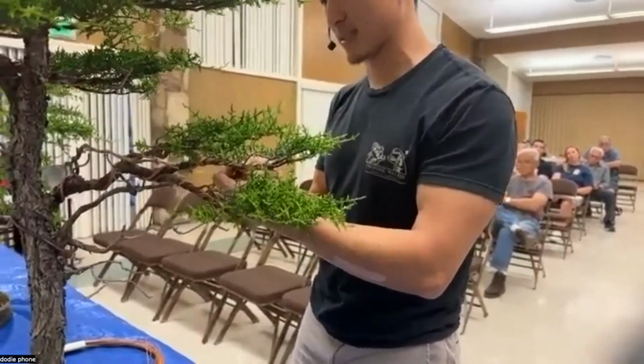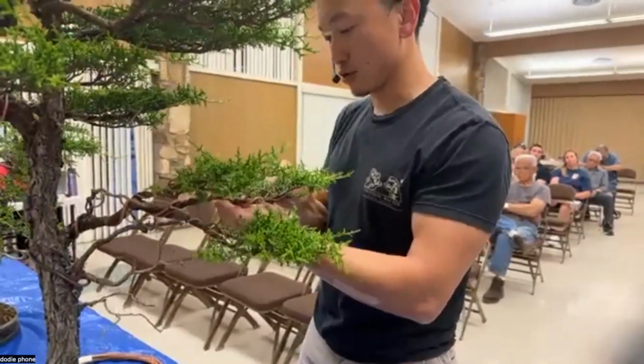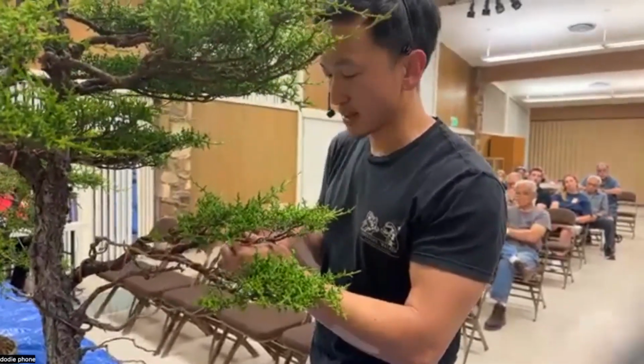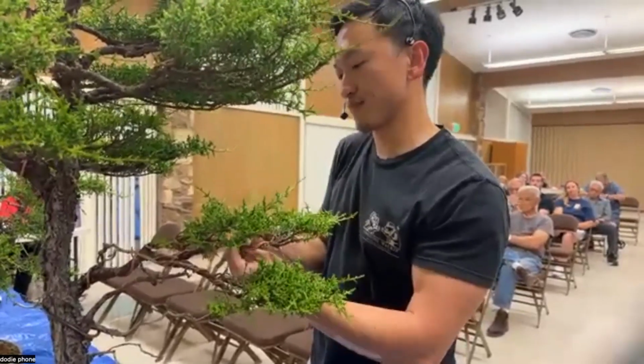They thicken really fast, especially in early stages of development. I've only been able to keep the copper wire on there for like one to at most two years before needing a full rewire. So